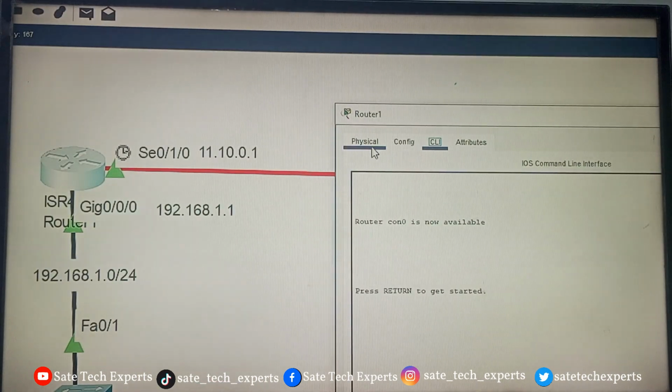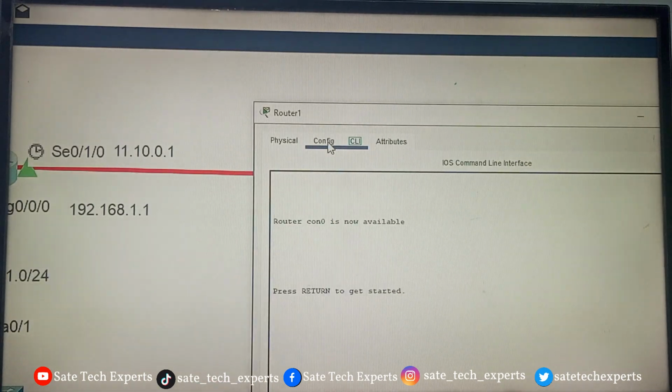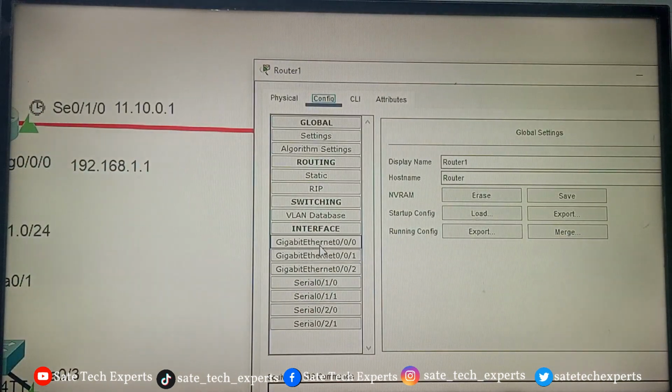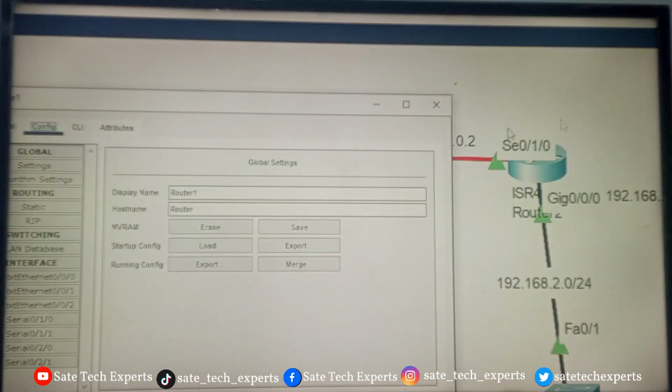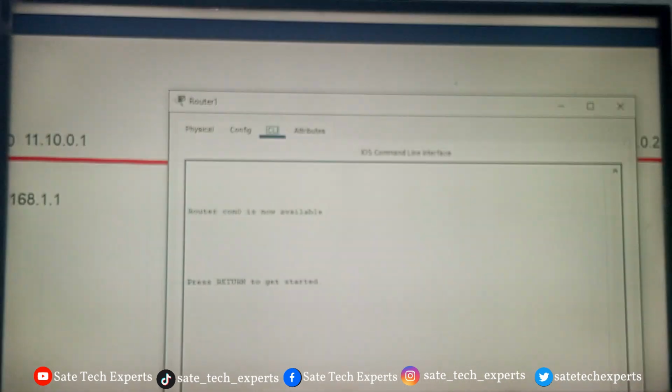On the body of the router itself, click on physical, click on the router, click on config, check down, you will see. But this one will not let you know what this link is connected to. So you will see all the interfaces. Then from here, these are the interfaces. Or you go to CLI. From CLI, why is it hanging? From CLI,